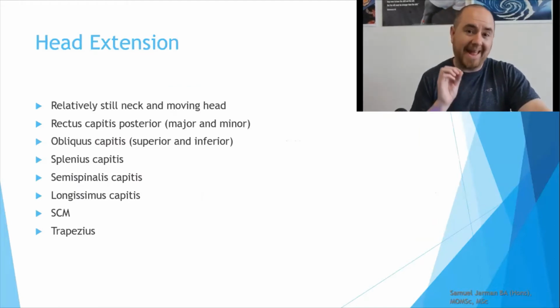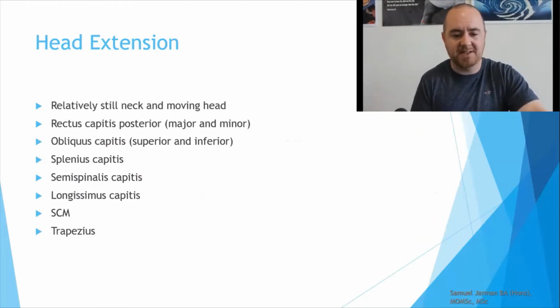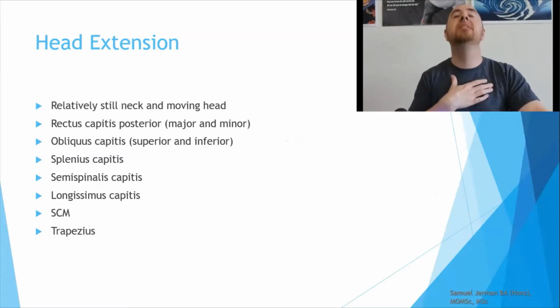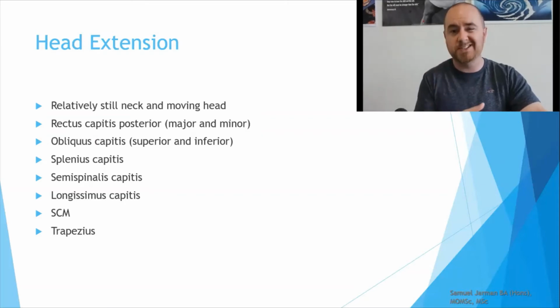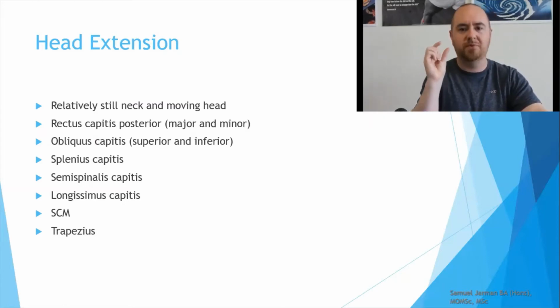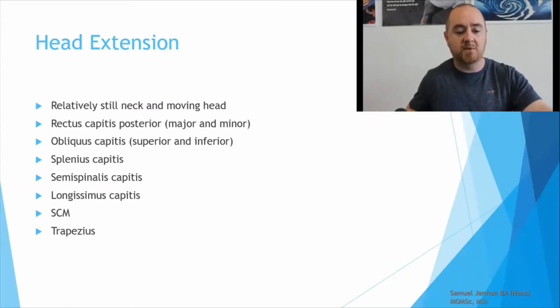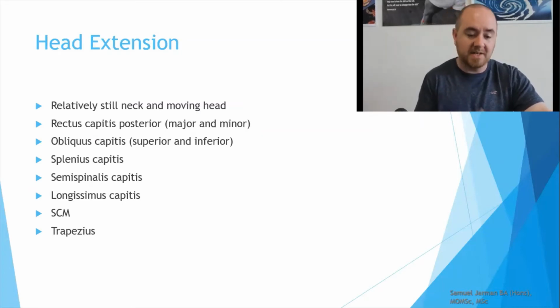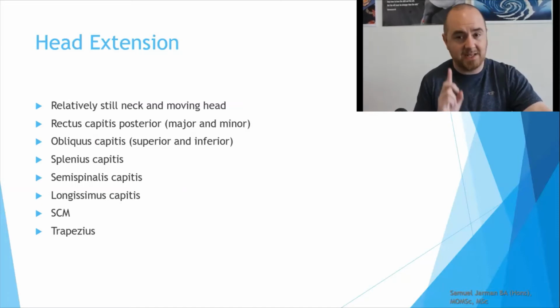So head extension, to speak specifically about head extension, is a relatively still neck and a moving head. So this is cervical extension. My head's going to go, but this is head extension. So if you were looking at it from the front, the chin would move and the neck in a relative sense would not. So for that, you have rectus capitis posterior major and minor. So when you see capitis, it's with respect to the head. Then you're going to have obliquus capitis superior and inferior, splenius capitis, semispinalis capitis, longissimus capitis,